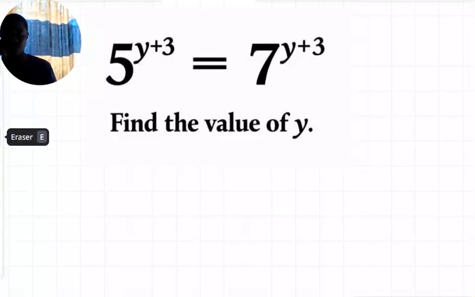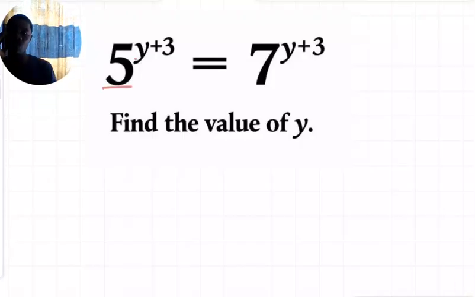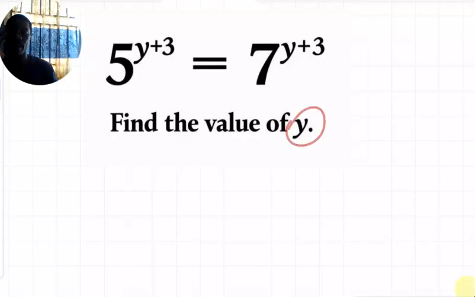Now let us look at this beautiful, interesting exponential equation, and it reads 5 raised to y plus 3 equals 7 raised to y plus 3, and find the value of y. So how do you go about it? This is very easy. So first of all, we just need to recall the law of exponents,